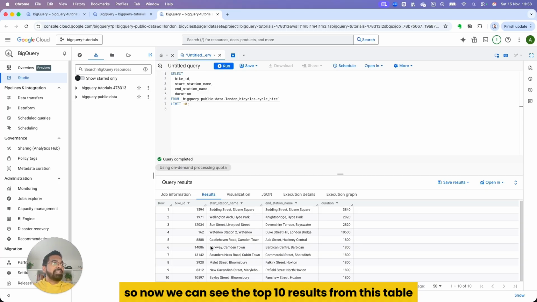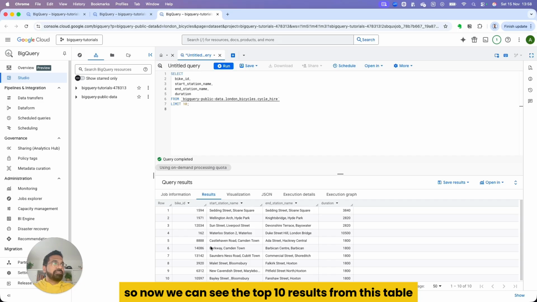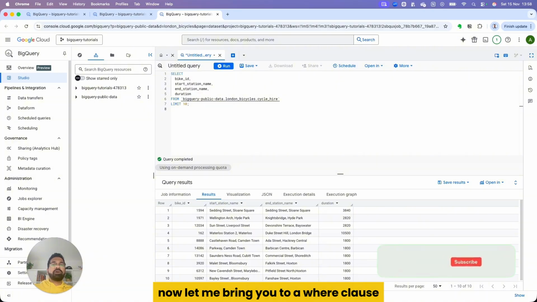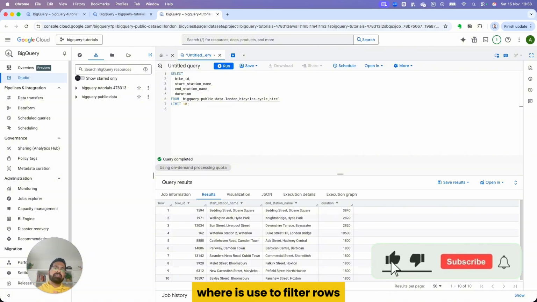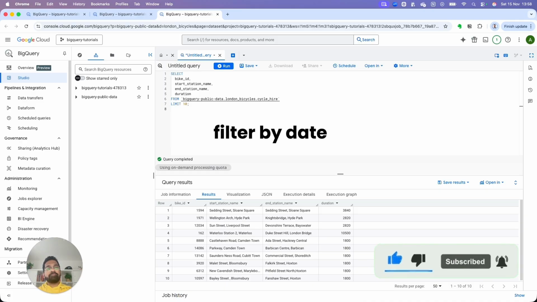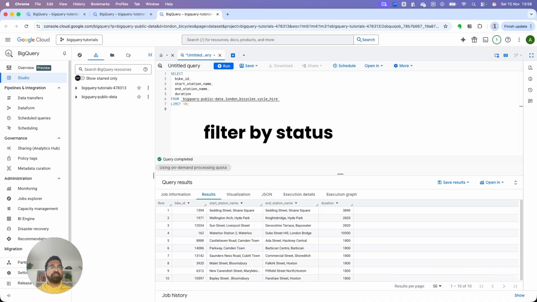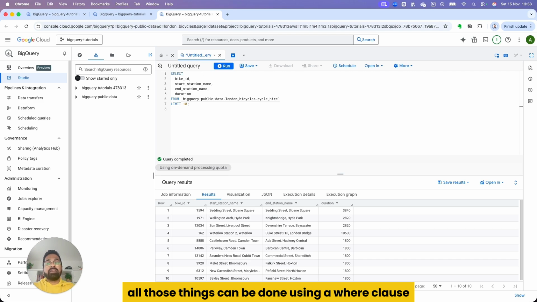So now we can see the top 10 results from this table. Now let me bring you to a where clause. Where is used to filter rows. It is very common in reporting. So things like filter by date, filter by customer, filter by status, all those things can be done using a